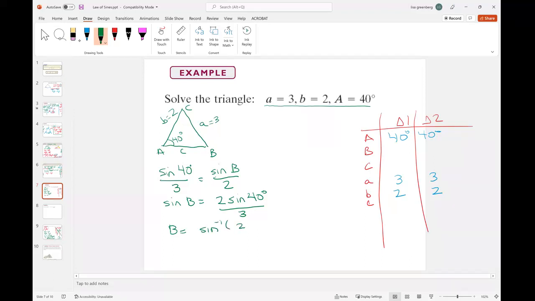and I'll figure out what I get. So I get the inverse sine of 2 times the sine of 40 degrees over 3, which equals, okay, 25.4 when I round it off. So I know that one solution for B is 25.4, but